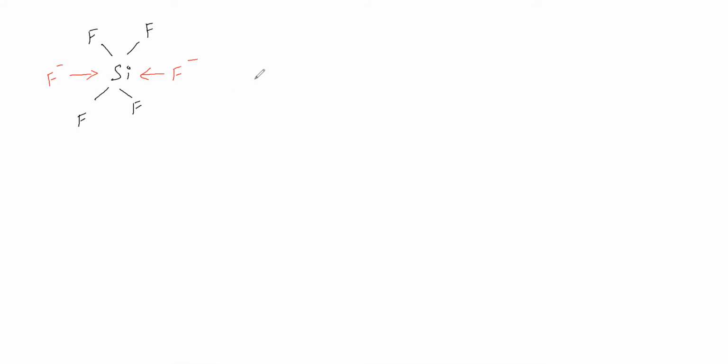Now, we will write a dative bond as a normal covalent bond. So all the 6 fluorine atoms we will write. Now this silicon is the acceptor here. It is an acceptor. Due to this dative bond, it will get -1 because of gain. Due to this dative bond, it will get -1.